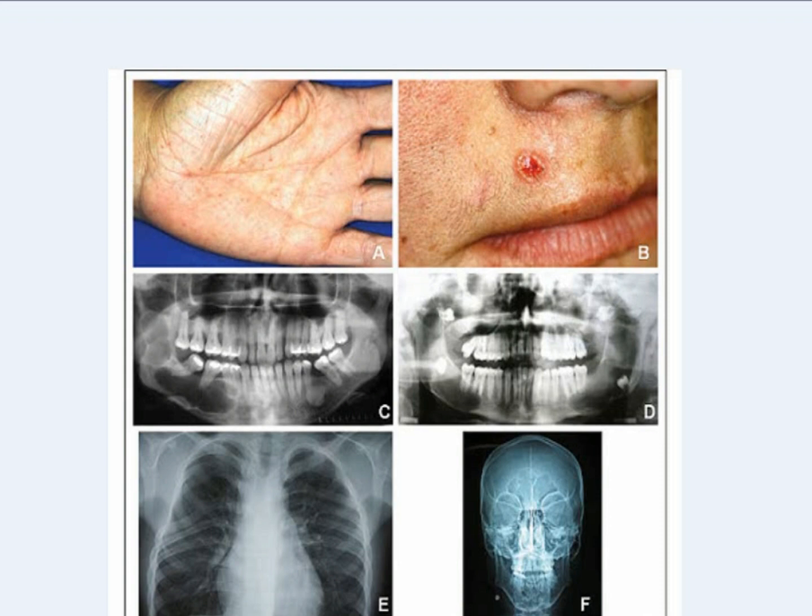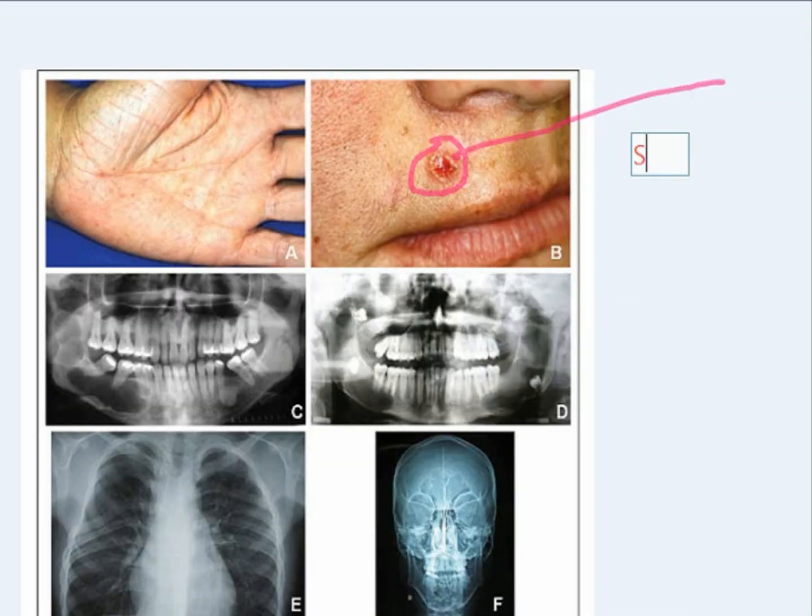The first is the basal cell carcinoma. The nevoid basal cell carcinoma is a brownish color papule, predominant on the skin, neck and trunk. Basal cell carcinoma is less aggressive in this syndrome. Now second comes the cutaneous abnormalities.